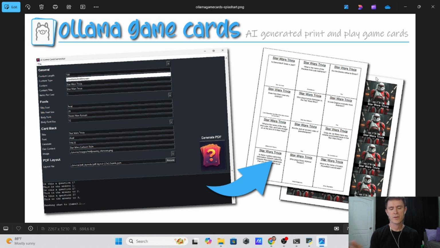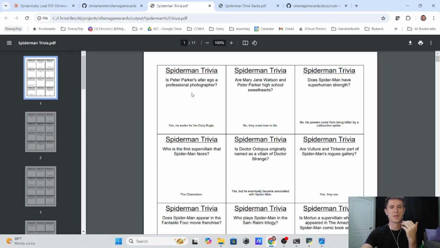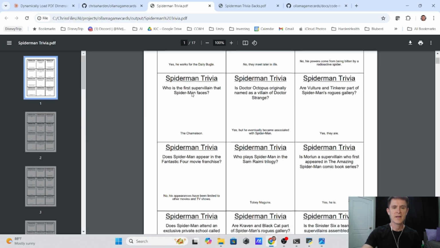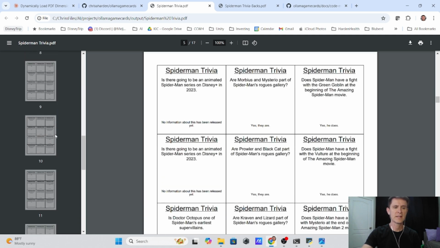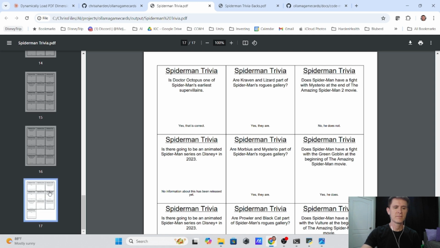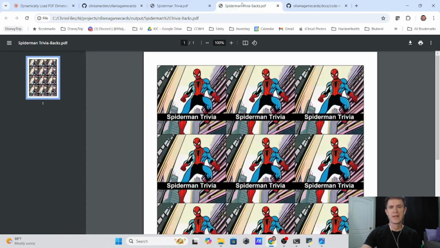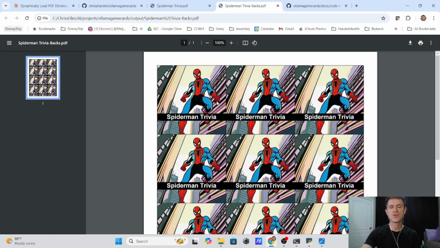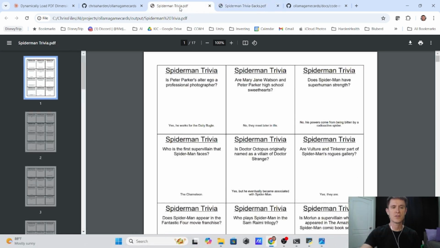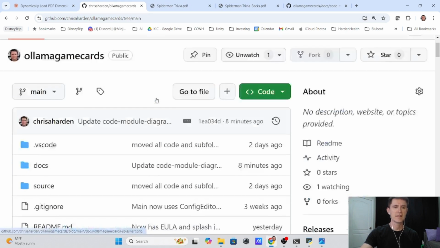And I'm going to walk you through the process, but before I show you how it works, let me show you what you get. So this here is an example of a Spider-Man trivia game that I generated with it. And it's somewhat under 100 trivia cards, and then this is the back of it. And so the trivia questions as well as the imagery have both been generated by artificial intelligence, and I'll show you a little bit about how it works here without getting into too many details, but you can download it